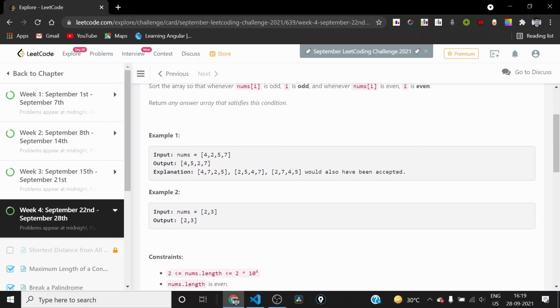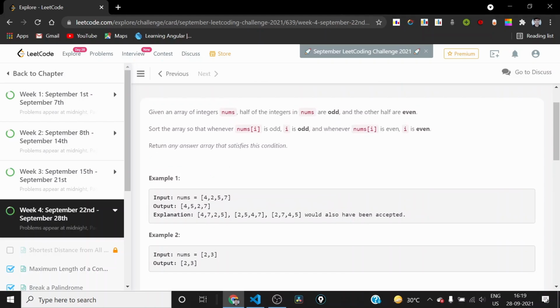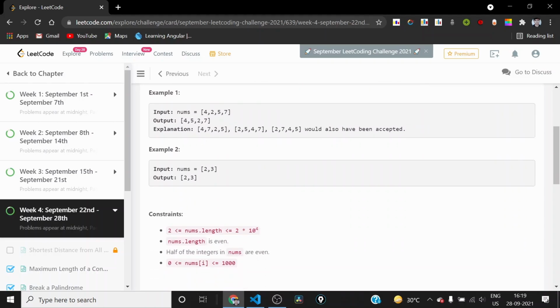And seeing the output for the first example, we can see that it has considered zero based indexing. That's why it is even and then odd, then even and then odd. And for this example, these answers are also acceptable because here it is also even odd even odd, and here also, and here also.